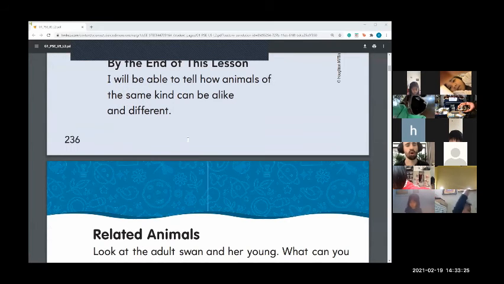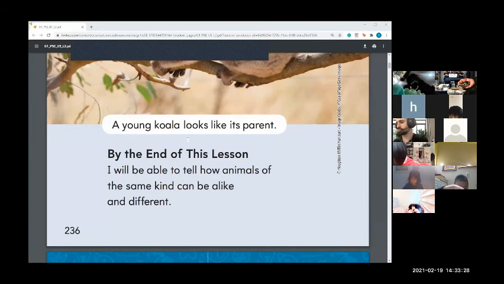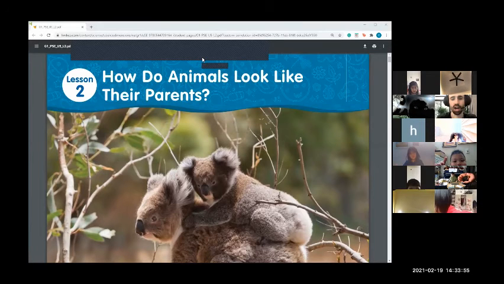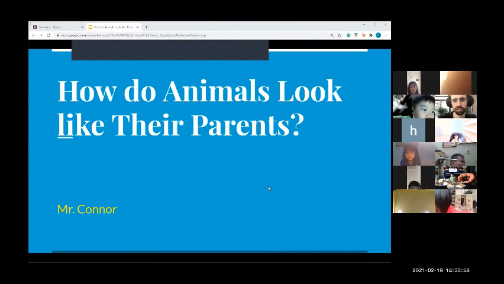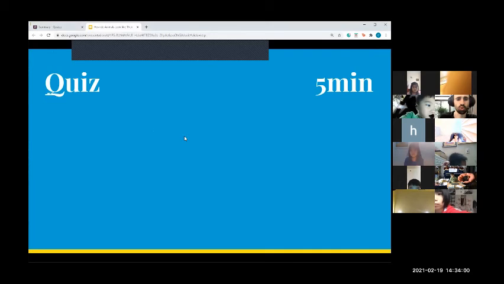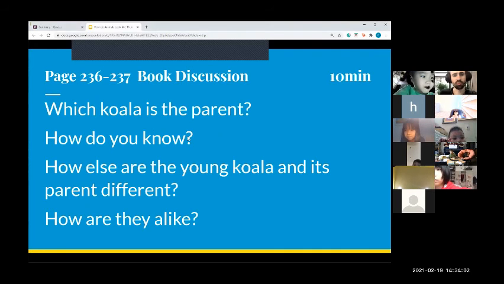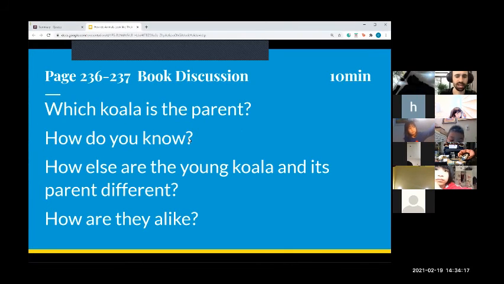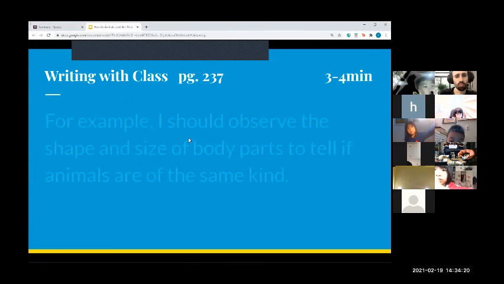So actually, let's go over our homework, because our homework is pretty interesting this time. Let me share your homework real quick. So we got to talk about the koalas. We did the quiz. We talked about which koala is the parent. It's the larger one. How do you know? Because it's big, because it's large. How else are the young and koala, its parent, different? And how are they alike? So with your homework,